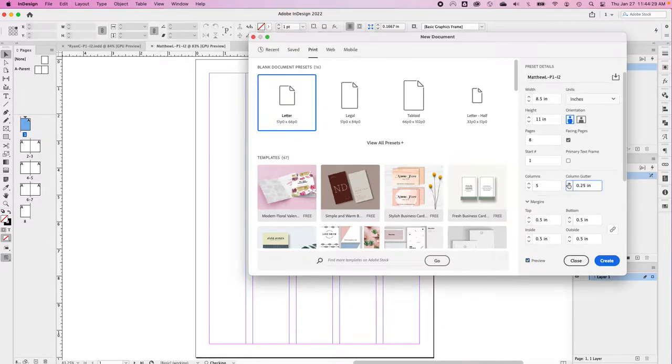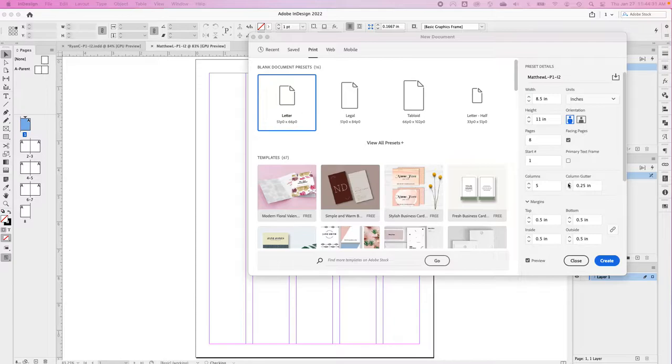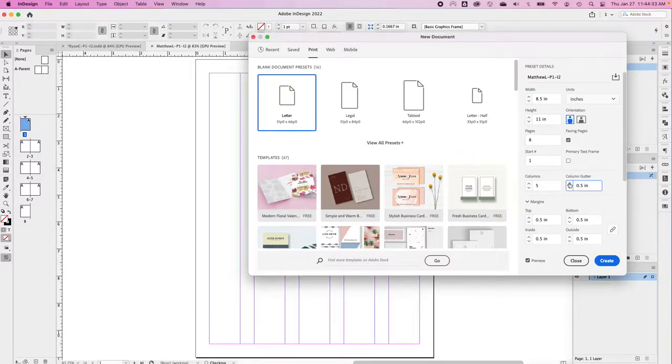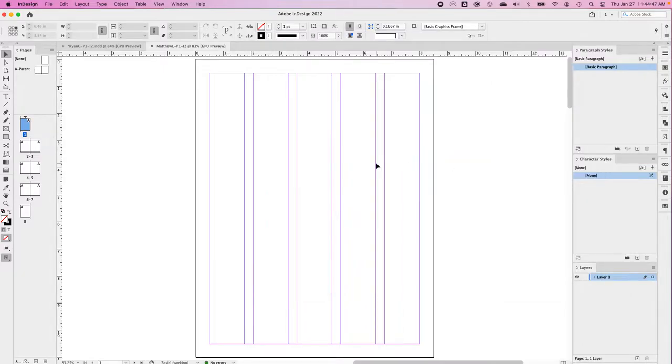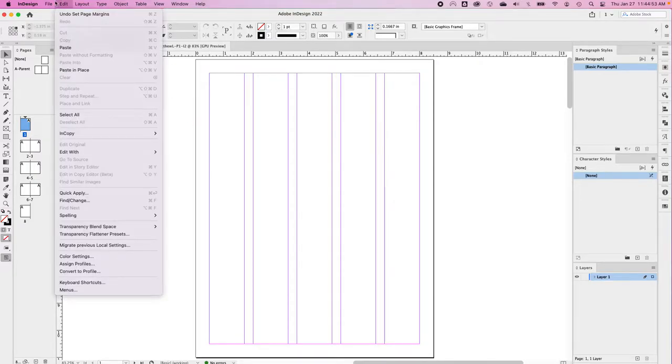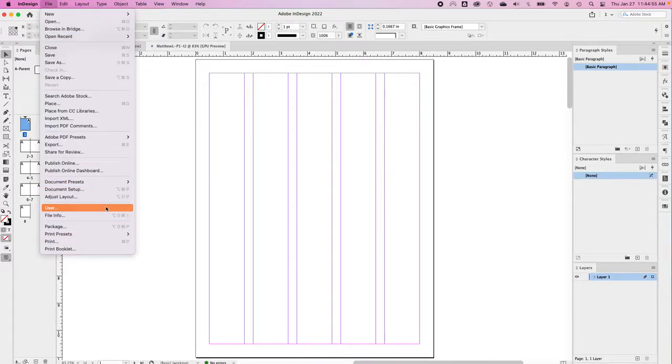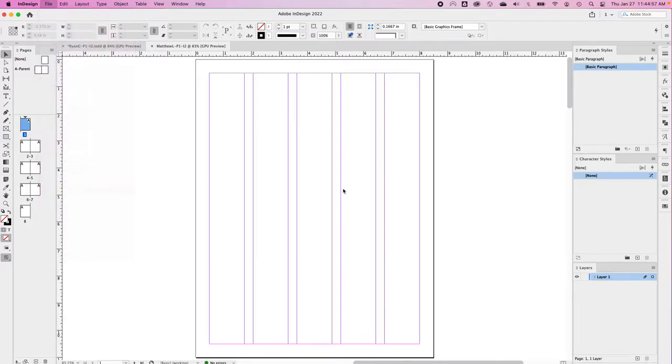Then I'm going to make my gutters pretty generous, like, maybe 3, 1, 2, 5, something like that. Oops. Okay, so I just accidentally hit enter and I wasn't done yet, so I can go to File, Document Setup,